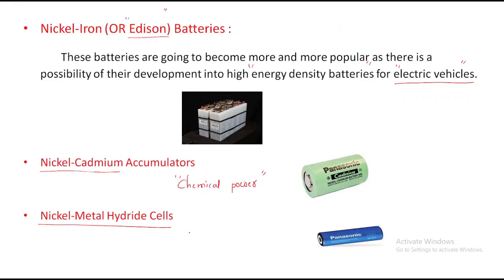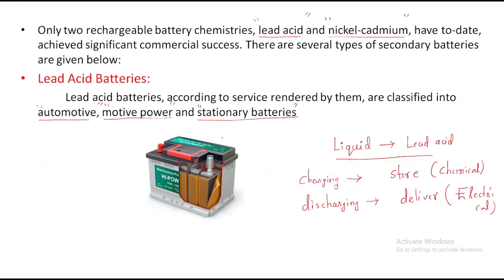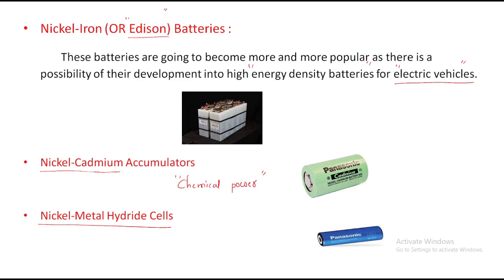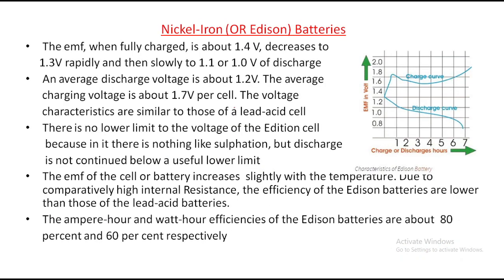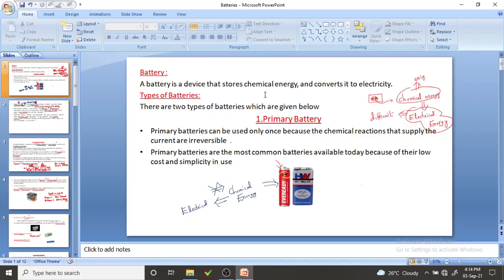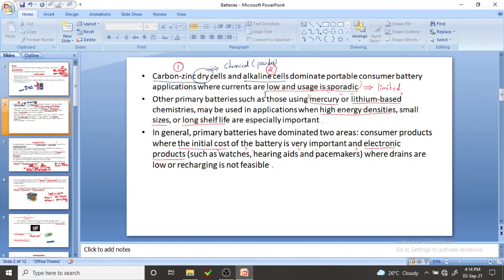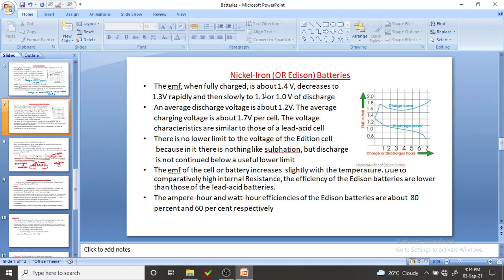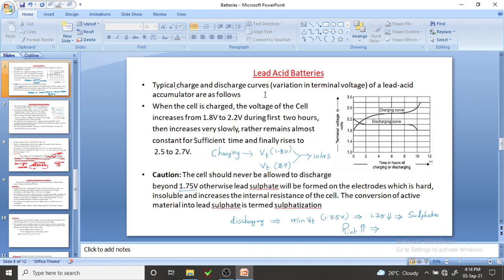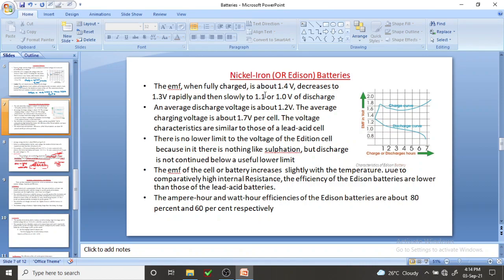Once again, look at the physical diagram. This is the lead acid battery, which we use in our homes. Nickel iron batteries are very popular in electric vehicles. These are the voltage levels. This was about different batteries, primary and secondary batteries, and the voltage current characteristics of two important batteries: lead acid and nickel iron. Okay, thank you.